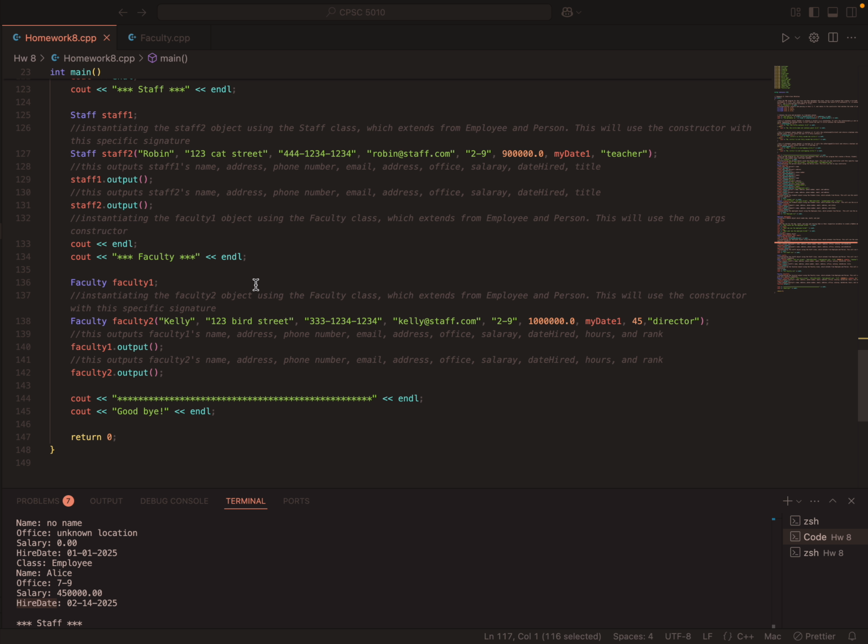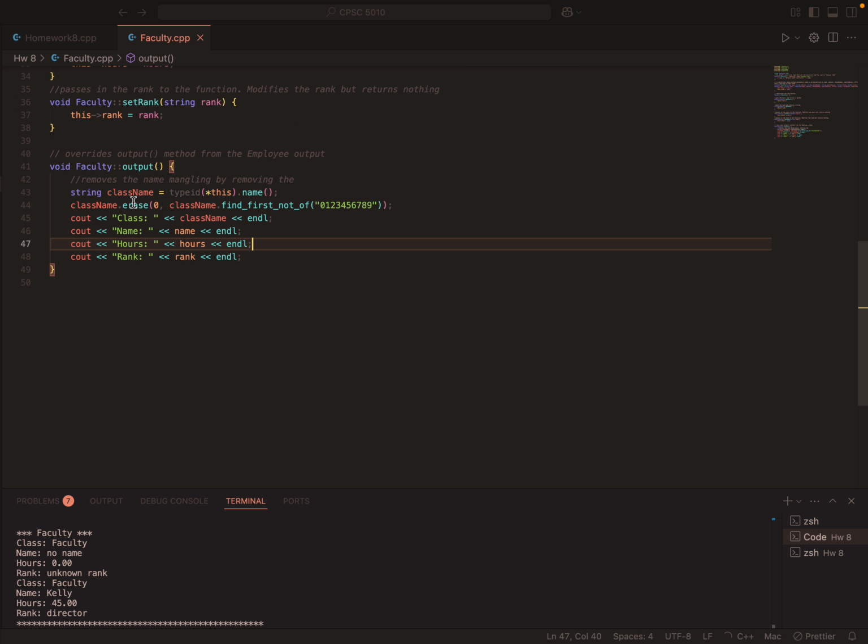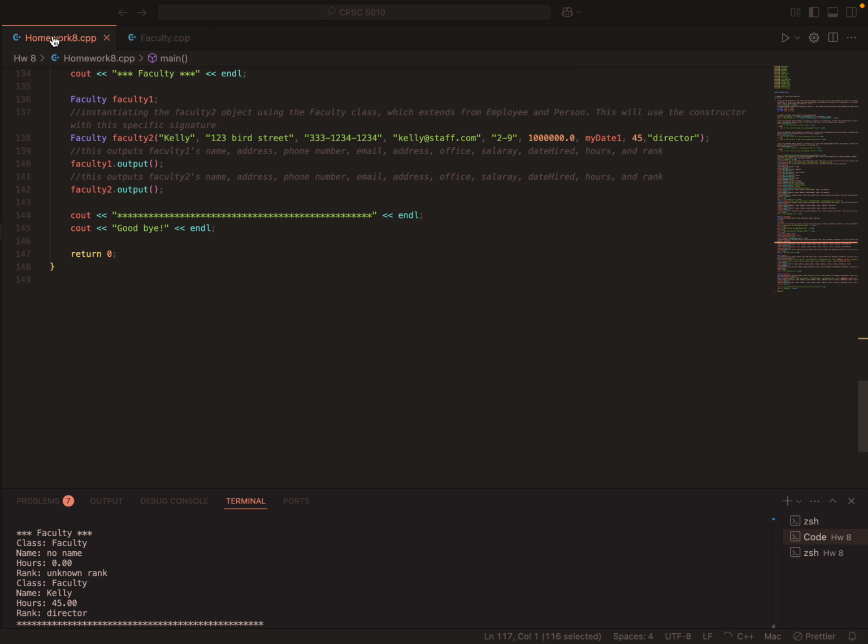And in the main file, we've done it like this, where faculty 1 is going to be calling the no-args constructor, so it should have no name, 0 hours, unknown rank when we print it. And then here we're instantiating faculty 2 with these parameters, her name will be Kelly, and we're printing in the output the name, hours, and rank. So her name should be Kelly, the faculty is the class name, hours is 45, and rank is the director. And then finally we have the